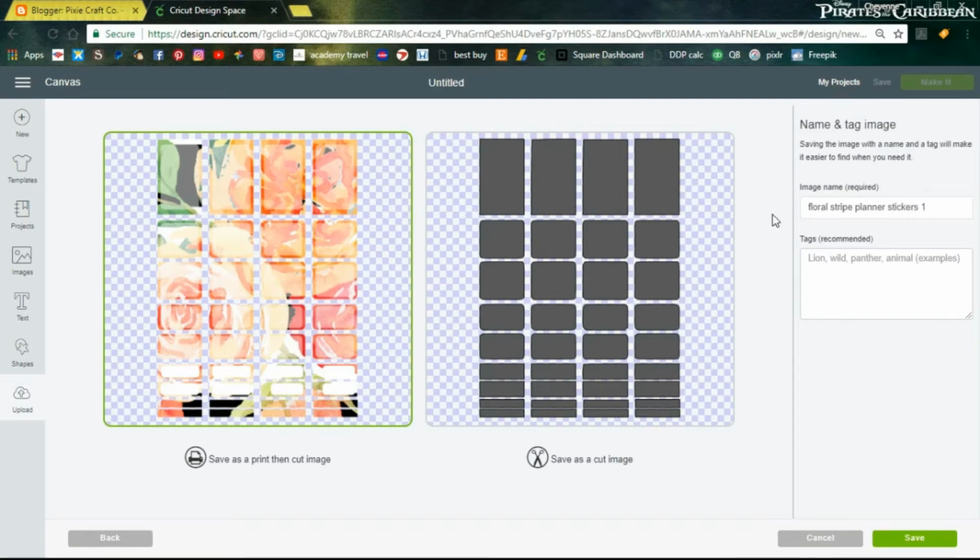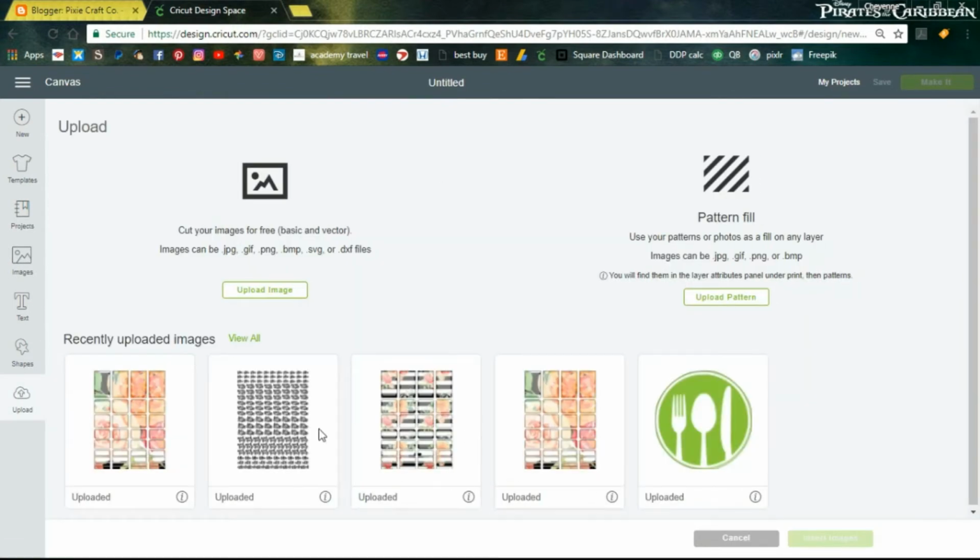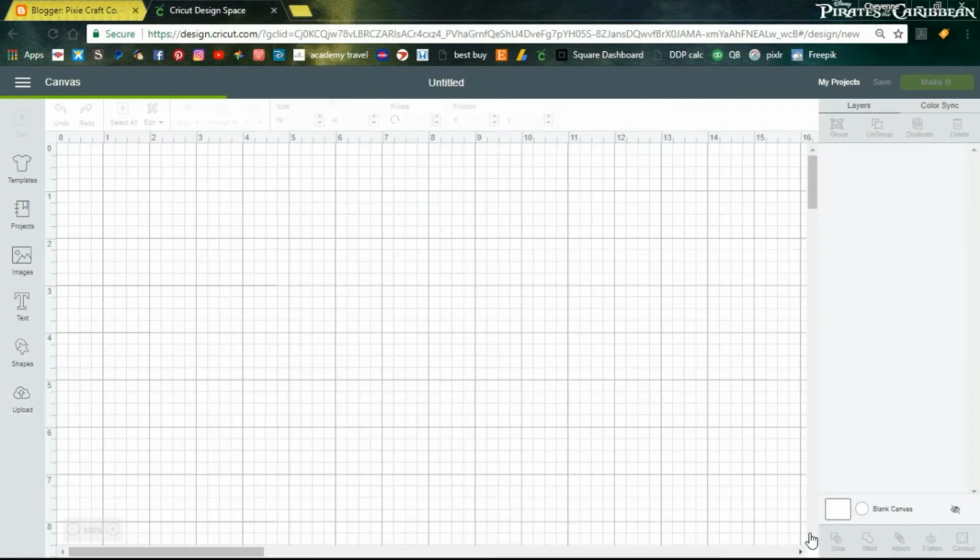The image name is already up here. I like to tag my stuff with planner or planner kit just so that it's easier for me to find. And then you're going to hit save. I've already saved this twice, so I don't think I need a third one on here. But you're going to go ahead and hit save. It's going to upload it, and then you're going to end up back at this main screen here. So you can see here, I've uploaded it twice. We're good. So once you get back to here, you can go ahead and click here to insert the image